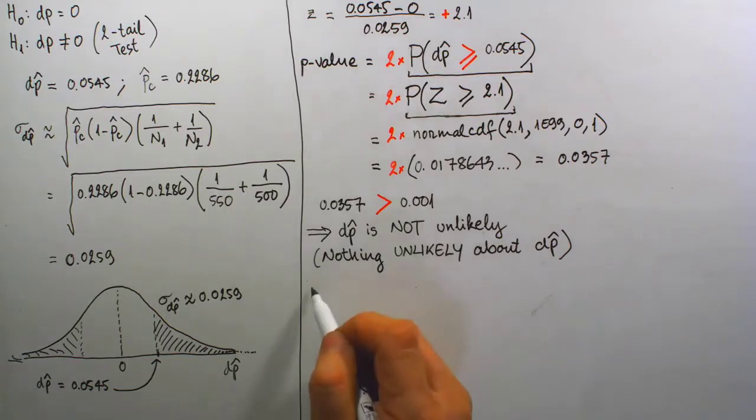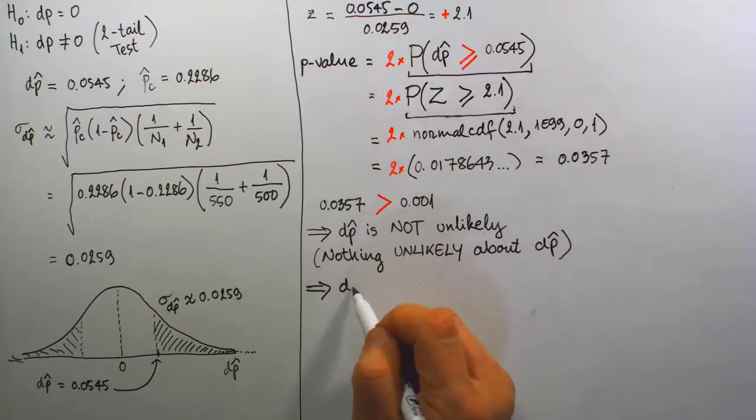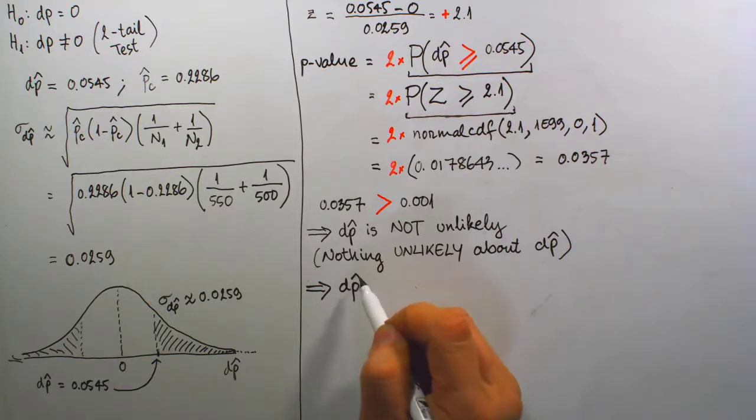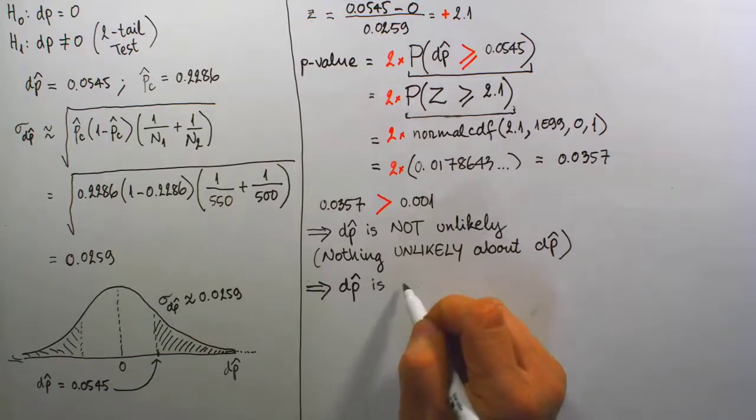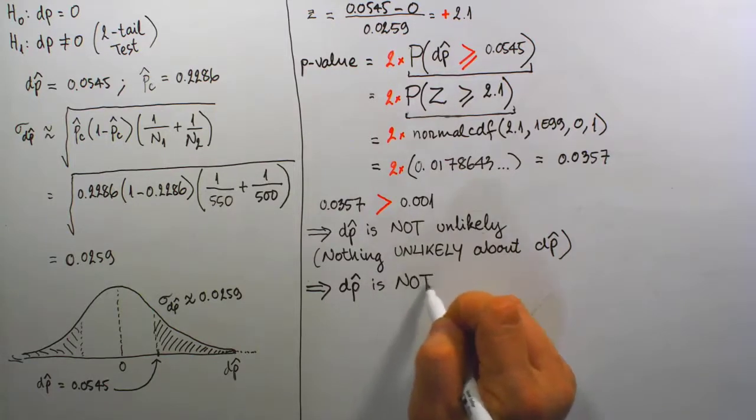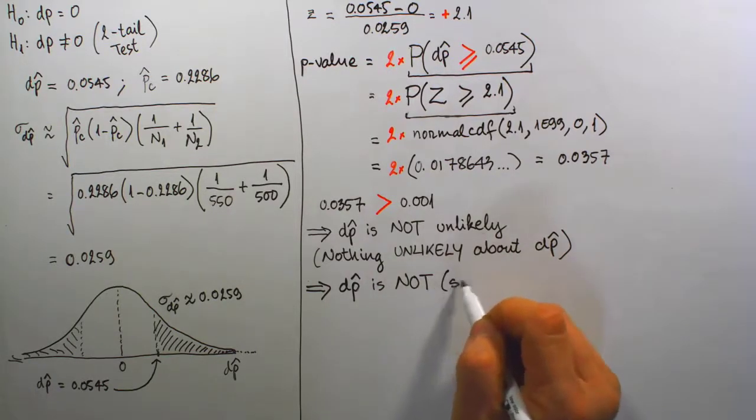That further means, as a conclusion, our sample as a p-hat value is not showing strong evidence, or itself not strong evidence